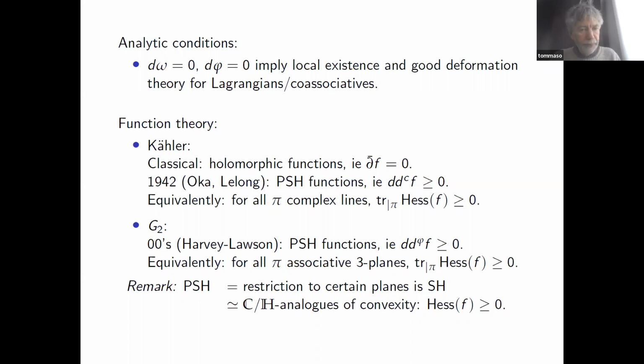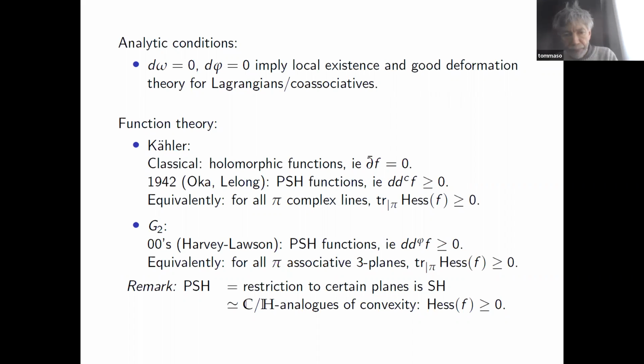And as I was saying, it is an interesting fact that exactly the same type of theory exists in many other geometries, in particular in many calibrated geometries. These are again called plurisubharmonic functions. And again, you can define them with an operator, or you can define them using the Hessian and asking for a certain partial non-negativity. And this, Tommaso, would you remind the definition of the d-varphi?